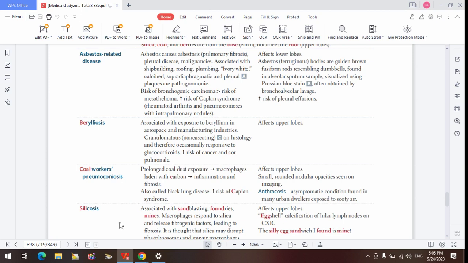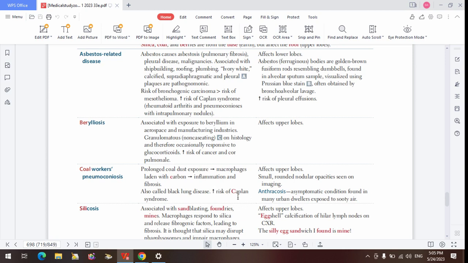So when you bring out the lung and you are looking at it grossly, it will be as if the person has smoked for a long time. It's going to be black due to the deposition of the carbon. The coal contains high amount of carbon, so the carbon deposit makes it appear black, and also confers high risk of Kaplan syndrome. So you are going to see intrapulmonary nodules from the chronic inflammatory process, as well as features of rheumatoid arthritis. So once we are seeing an individual having both of them, that's what we call Kaplan syndrome.